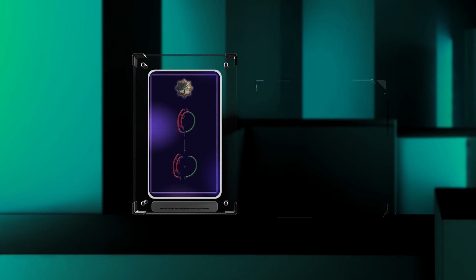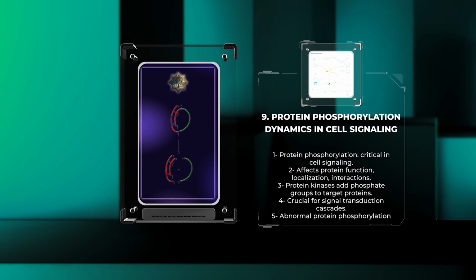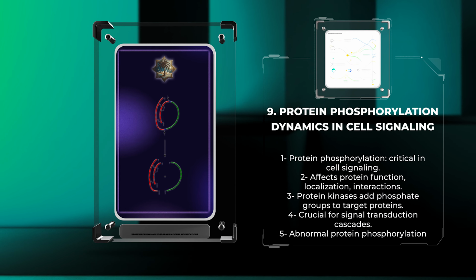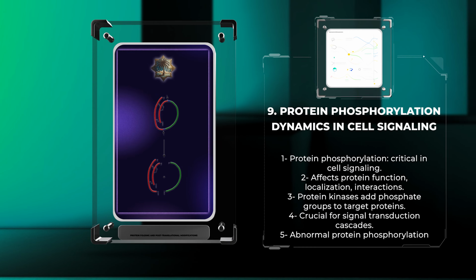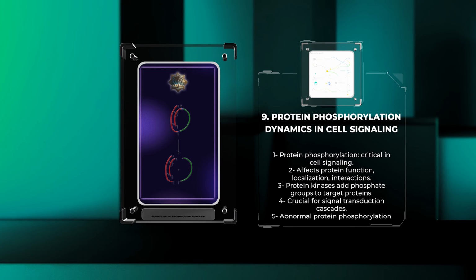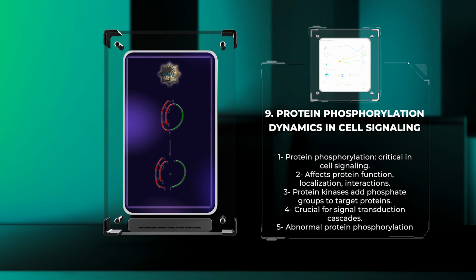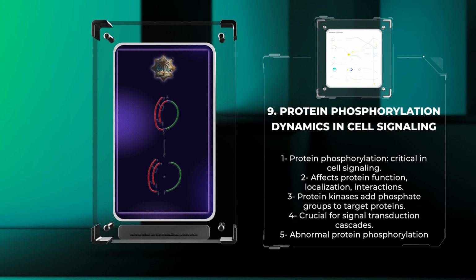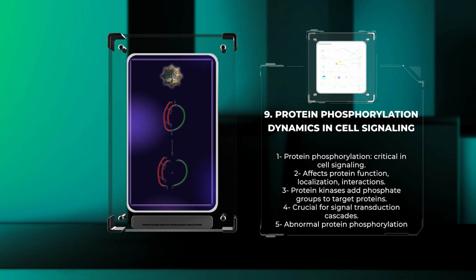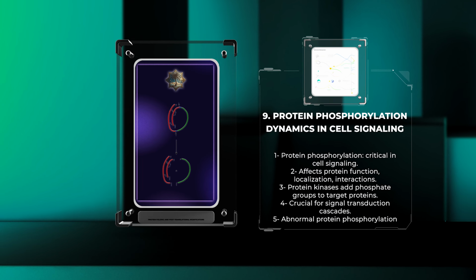Protein phosphorylation plays a critical role in cell signaling, affecting protein function, localization, and interactions. By adding phosphate groups to target proteins, protein kinases modify their properties and activities. These phosphorylation events are crucial for signal transduction cascades, allowing information to be relayed from cell surface receptors to the nucleus. Abnormal protein phosphorylation is associated with diseases like cancer and neurodegeneration, making targeted therapies that restore proper phosphorylation states a potential treatment approach. Studying the intricate dynamics of protein phosphorylation provides deeper insights into cellular signaling networks and potential avenues